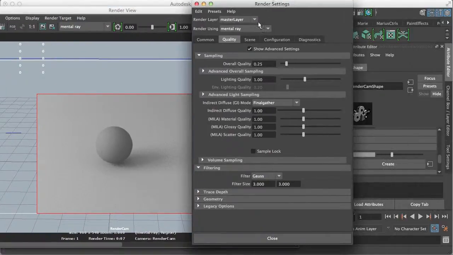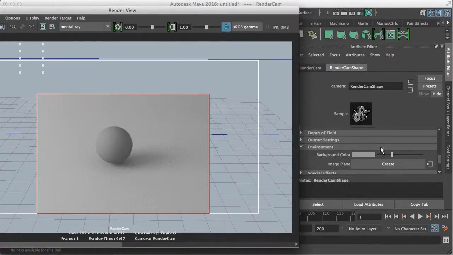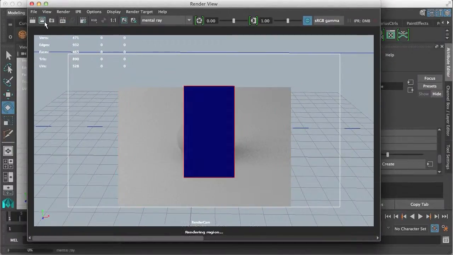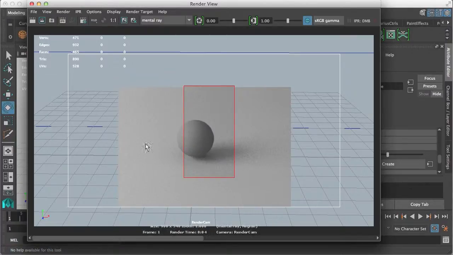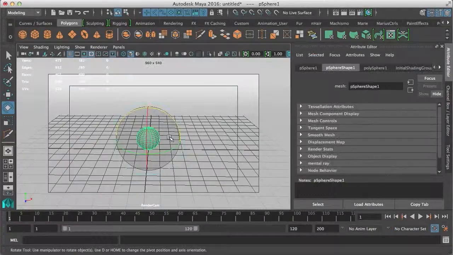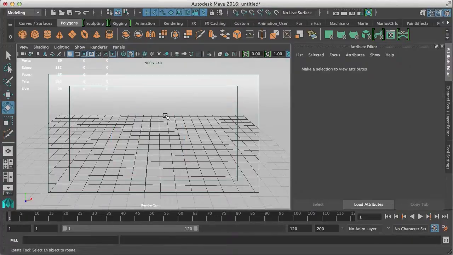All right, so what we've done is we've set up our passes. I can drop this back a little bit if I want, and then we'll see that will make our shadows a bit darker. I can also back off on the intensity of the light overall. Yeah, you can see how that's getting darker. But again, we want to do that when we get to our final, when we bring this environment into